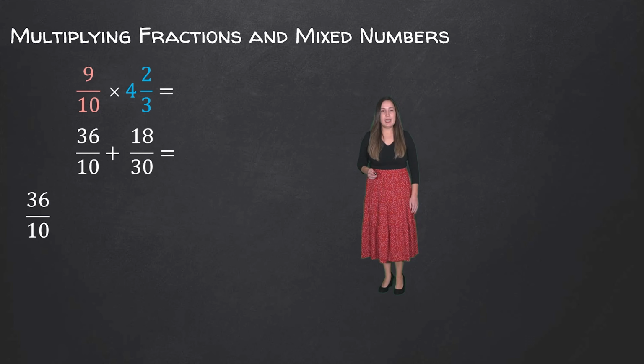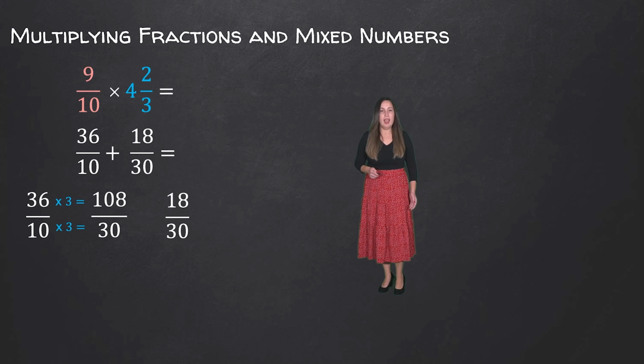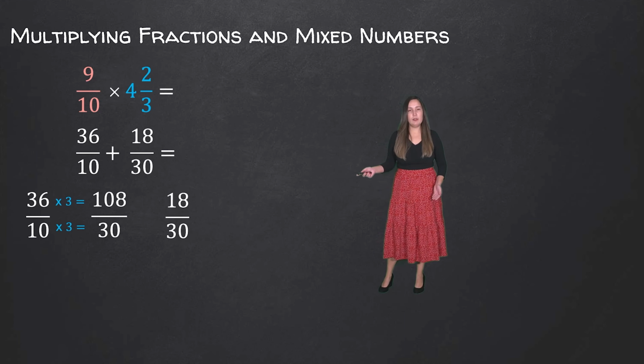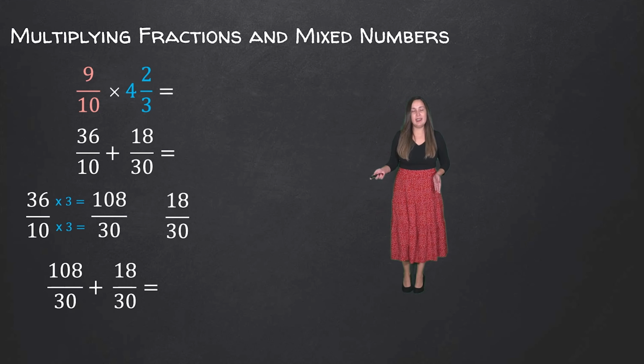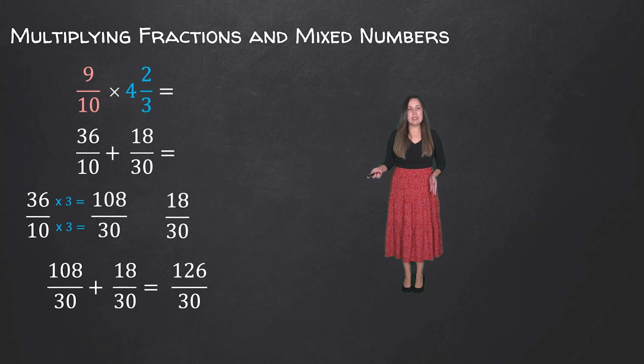So we're going to take 36 over 10 and multiply the denominator by 3 to get a denominator of 30. And then whatever we do to the denominator, we have to do to the numerator. So 36 times 3 is equal to 108, and 10 times 3 is equal to 30. And then 18 over 30 already has a denominator of 30, so we're going to leave that alone, and then go ahead and add. So we're going to add our numerators because the denominators are the same and get 126